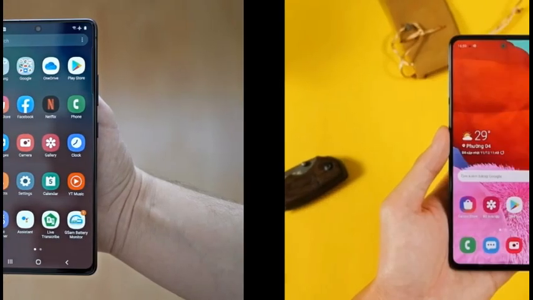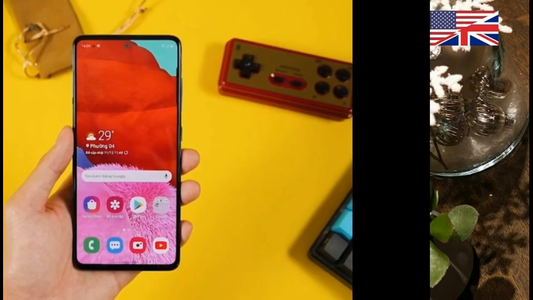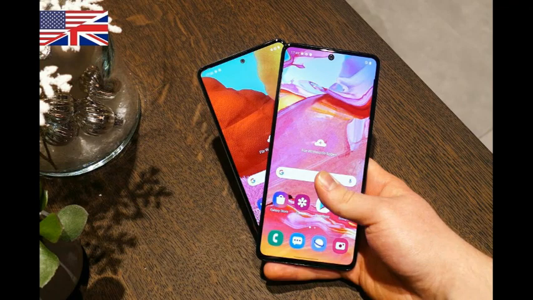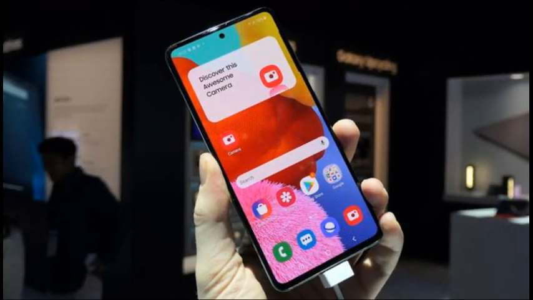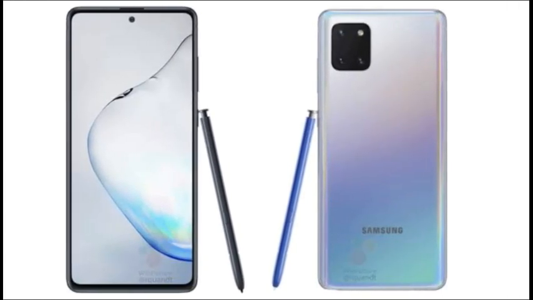In this video, we will be comparing Samsung Galaxy Note 10 Lite and Samsung Galaxy A71. Both phones are yet to launch, but the specifications and the prices have been leaked and only the official announcement is remaining. So let's begin with the price of Samsung Galaxy A71, which is expected to be rupees 29,990, that